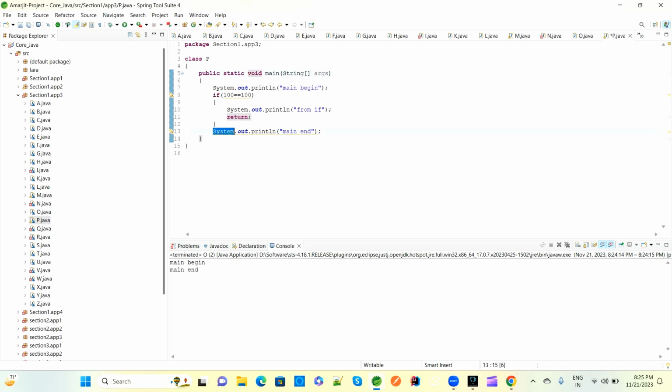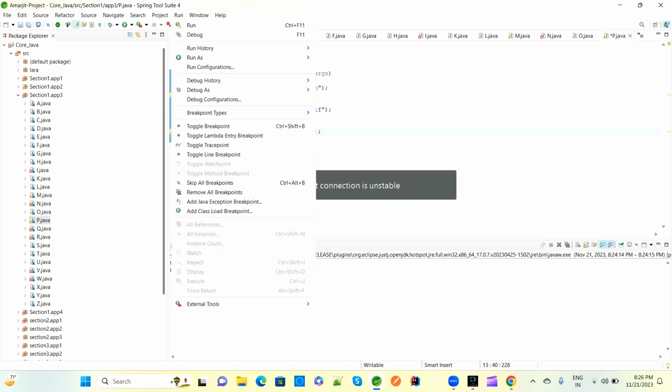So here again we have SOP, and there is no return type, that is also fine. If you want you can declare return here also, anywhere, but if you are using a blank return there is no issue. And if you have some integer type, then you have to mention a proper return statement. So if you run this program,